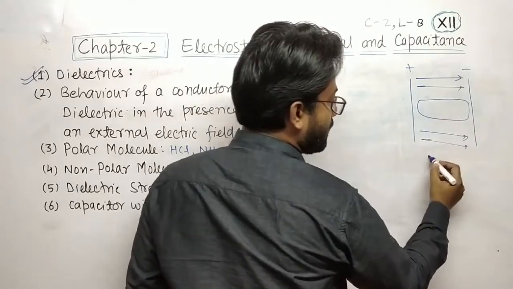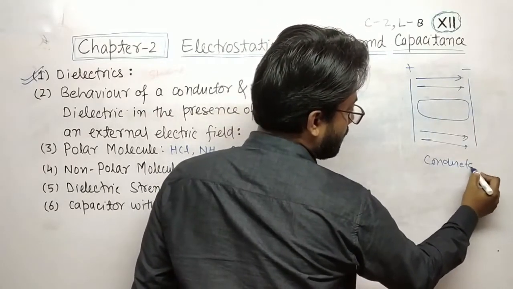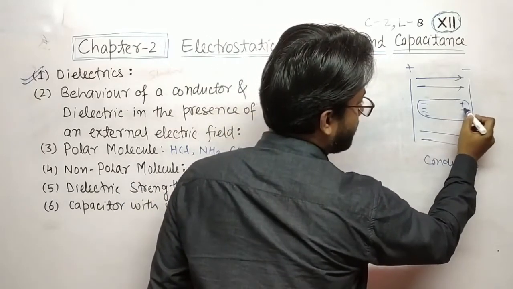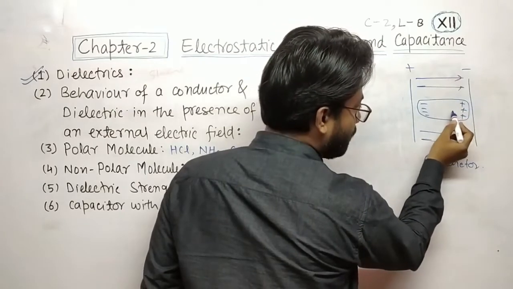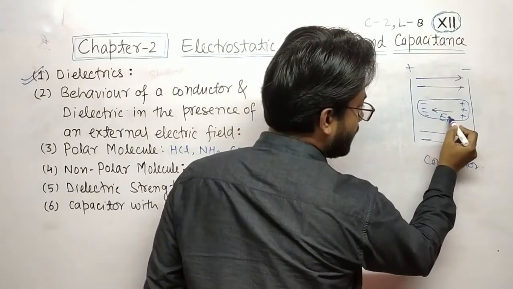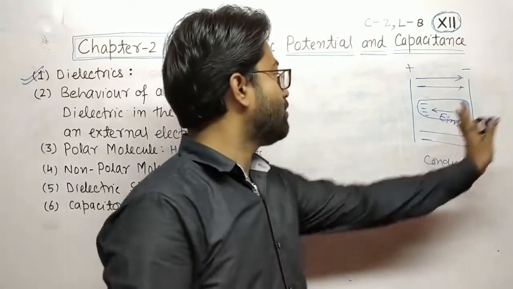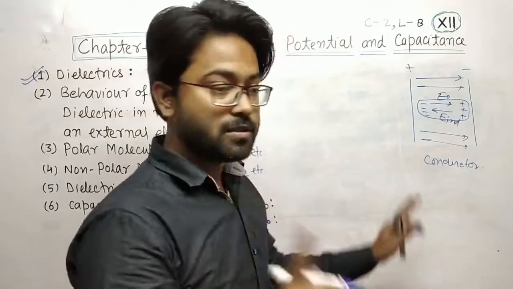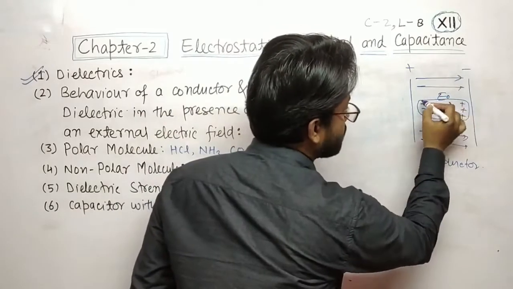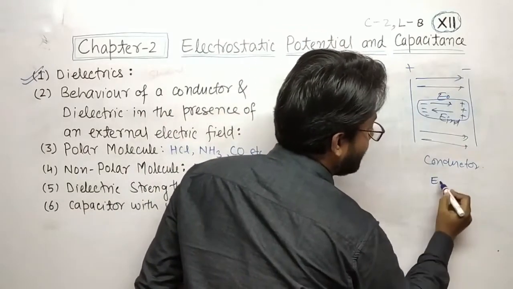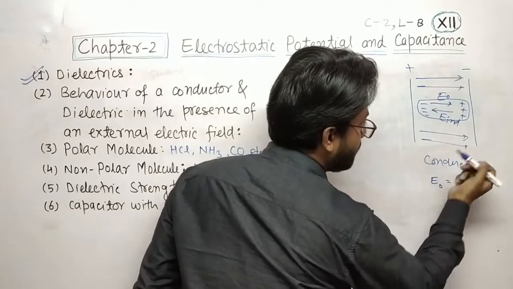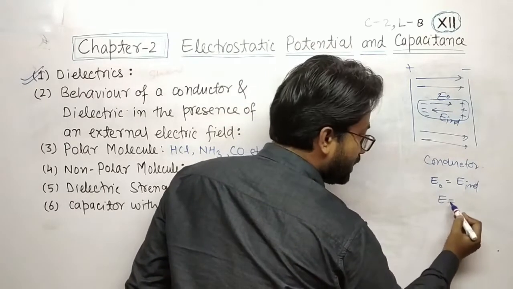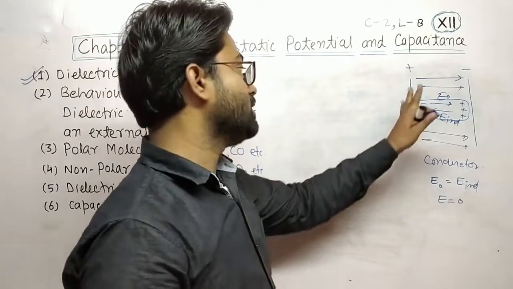If this is a conductor, this will induce negative charge here and positive charge here. The induced electric field will be opposite to the external field, that is E0. In the case of a conductor, the external field E0 equals the induced field, that means E net equals 0, meaning inside the conductor